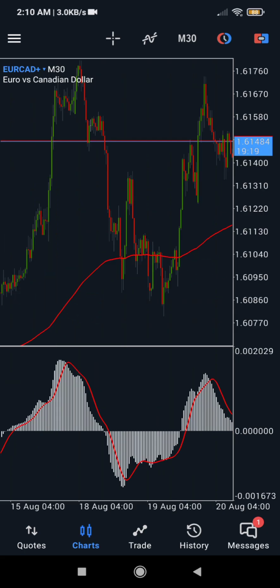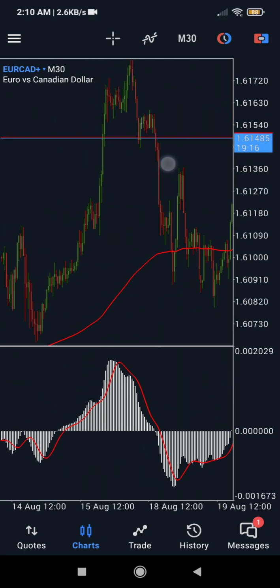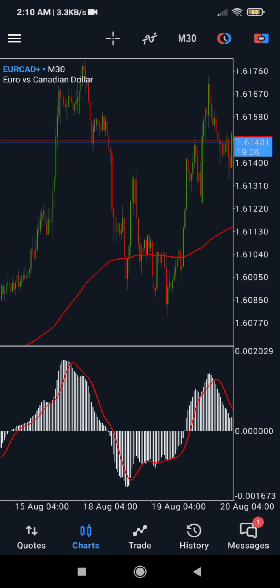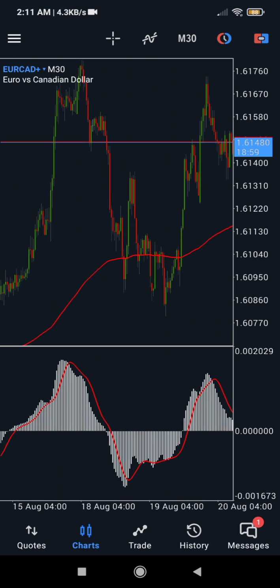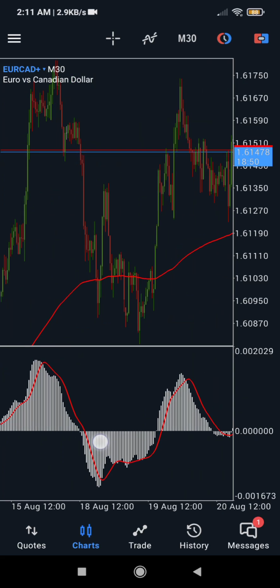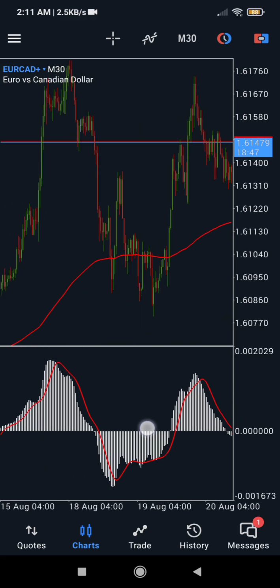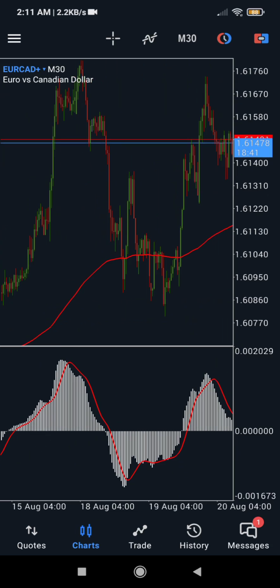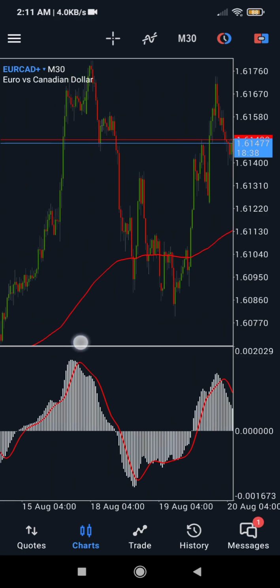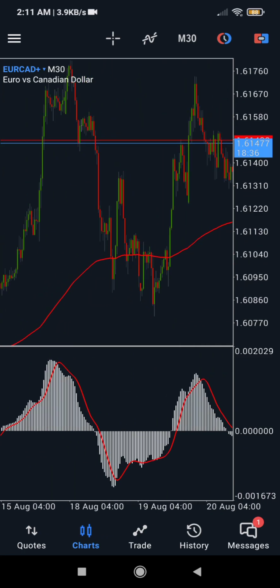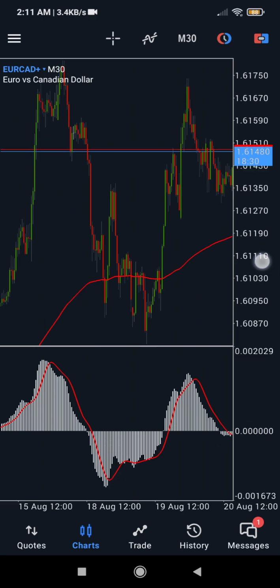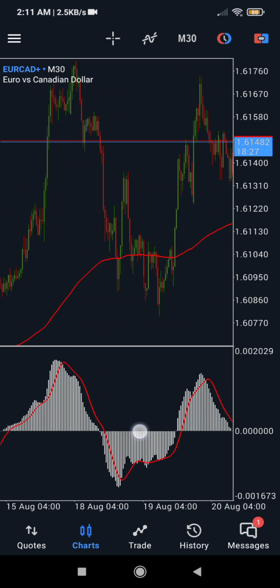If you don't see any clear reaction away from our EMA and it is not happening at a crossover of the MACD, then we will not take that entry. If we are going for a buy, make sure that this crossover is happening below. You can draw an imaginary horizontal line from here which distinguishes the histograms that are below and the ones that are up. If you see that it is happening below this zero mark,